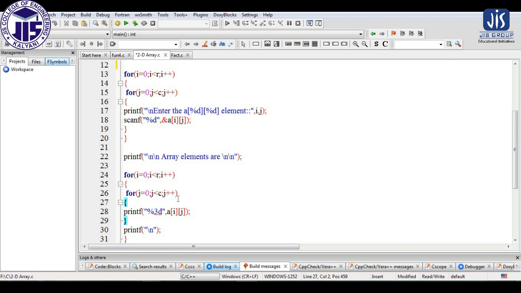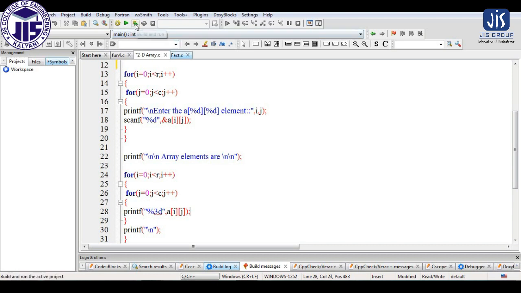After completion of the first row, we perform the operation on the second row. After completion of the second row, we move to the third row. In that way, after completing a particular row, we can move to the next row. Due to this reason, we have considered row in the outer for loop and column in the inner for loop. So then using the printer, basically we are printing the array.